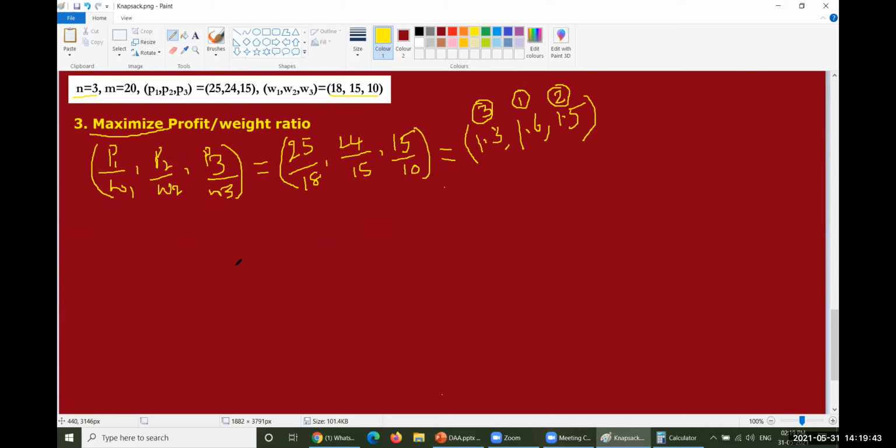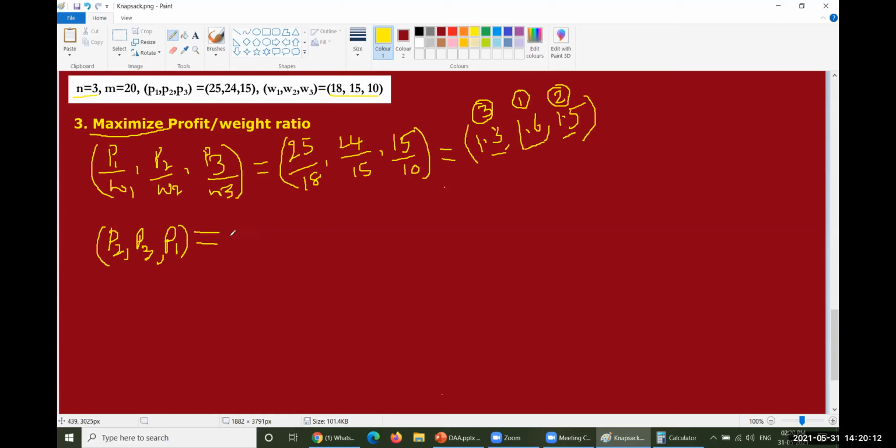ratio in maximized mode, that is descending order mode. So P2 will be the first element which is going to be processed, then P3, followed by P1. Look at this: P2 has the highest profit weight ratio. This is the maximum value, this is the second maximum value, this is the third maximum value. So therefore, the values will be seen in such a way that